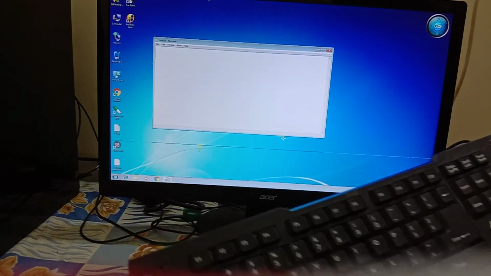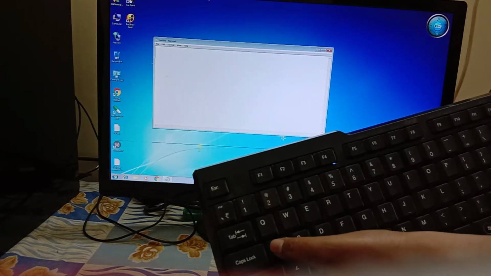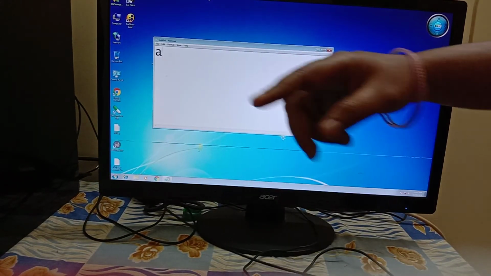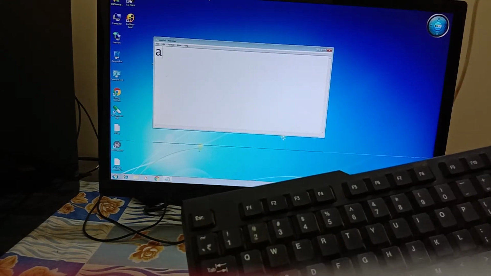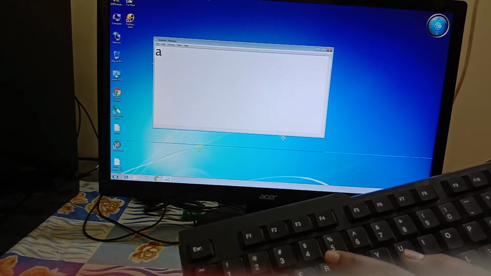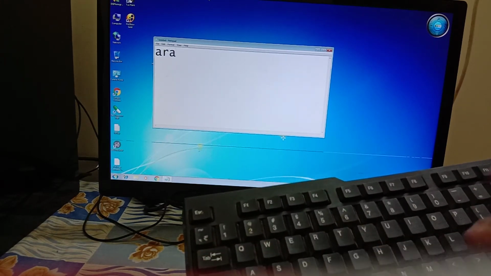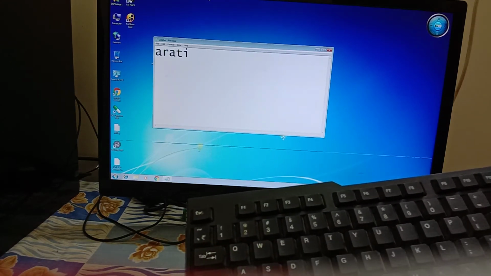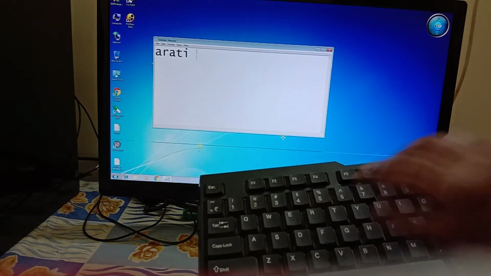This is your keyboard. If I want to type anything, for example, I want to type letter A. So I will click on the A. Yes, children, you all can see. I just press this one and I just left it. It has come over there. So in this way you all can type other letters also. For example, I will type R. If I want A again, I will just press the A this way. T is there. T I am pressing. Yes, children. Whatever is pressed by you, that will come on the screen.